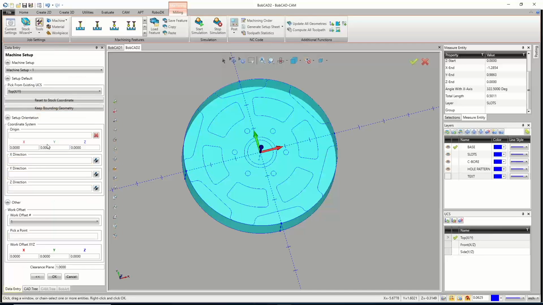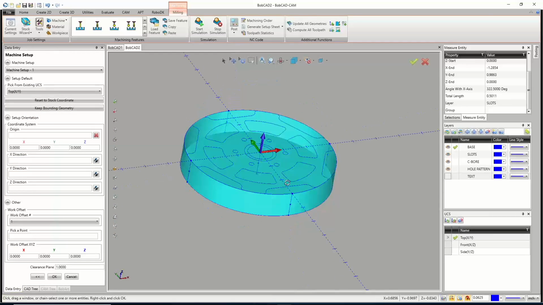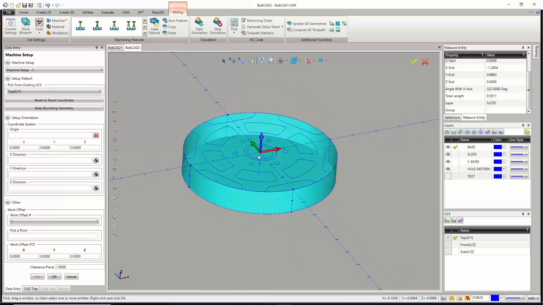Next, we get to our machine setup. With a round part, I'd like to start right in the middle if I can. I feel that's the easiest thing to locate. Down here, we'll do our work offset 1. And the only thing I'm going to do different than a lot of you guys might have to, is I have to add a work offset for Z whenever I pick the origin of my part on the top or the middle,